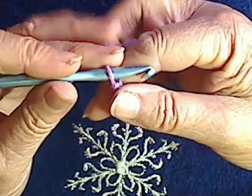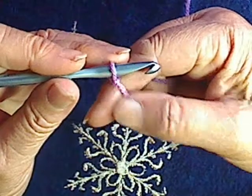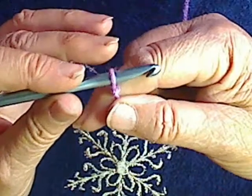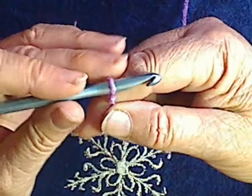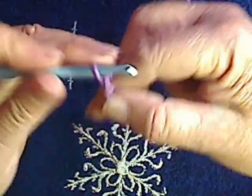You need to understand what you're doing, and then you won't be confused no matter what kind of stitch you want to make. So here's the anatomy of a built-on foundation chain. For instance, single crochet